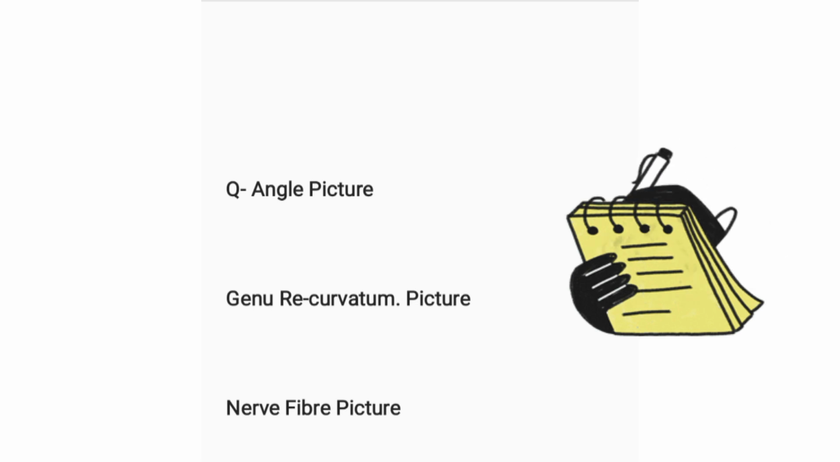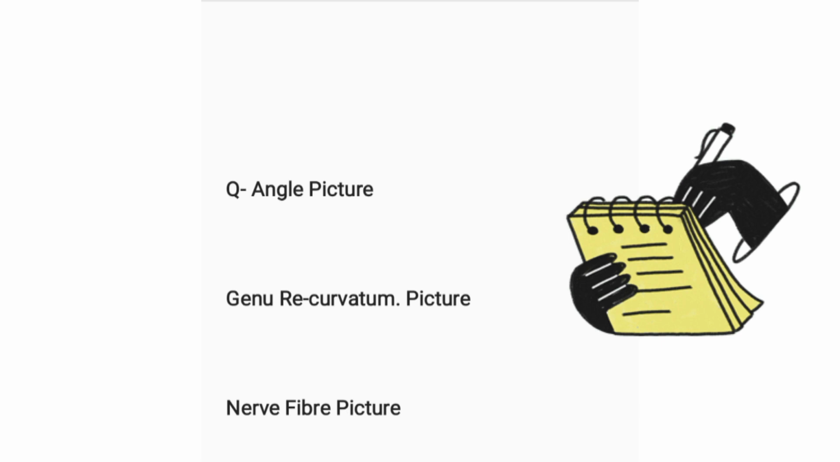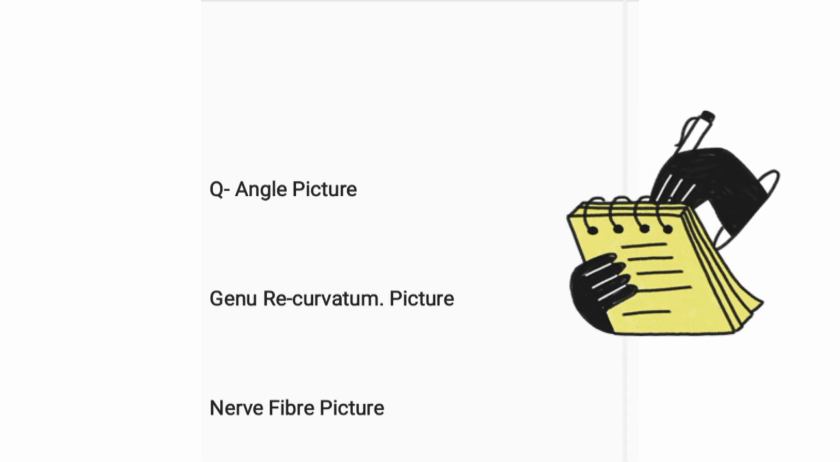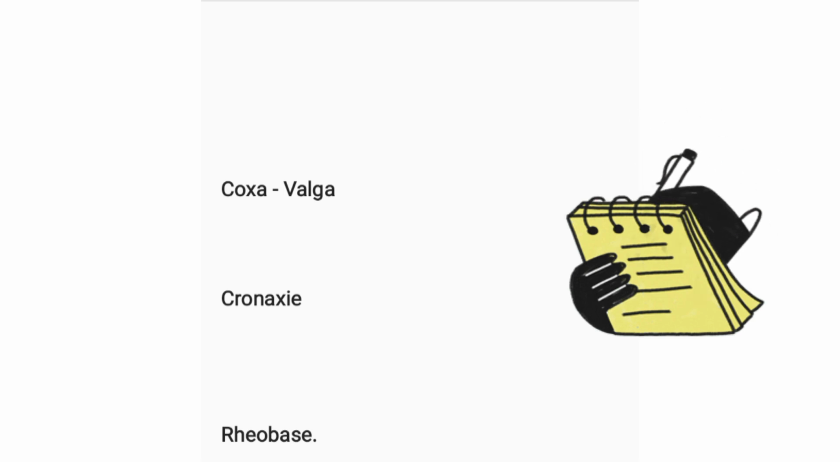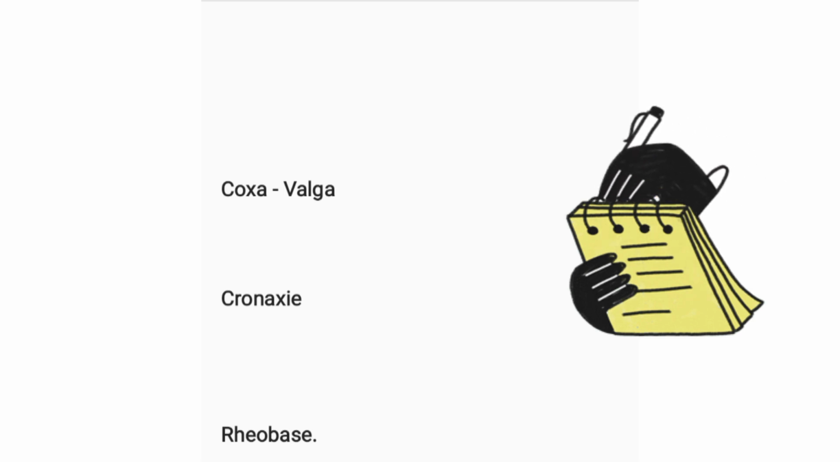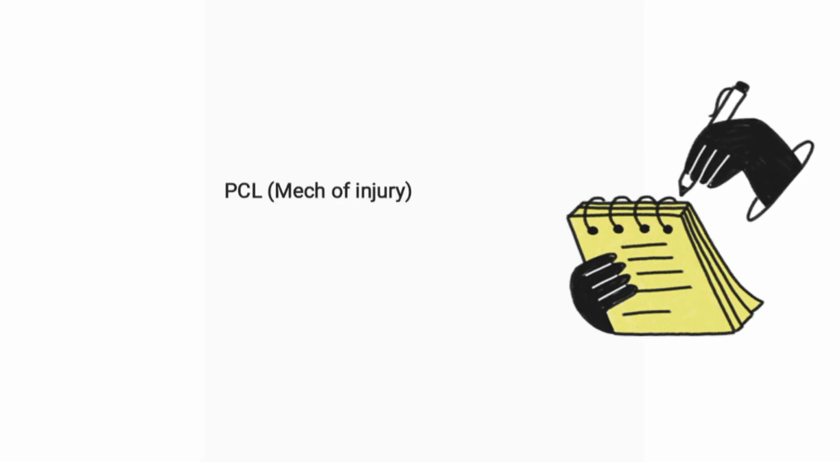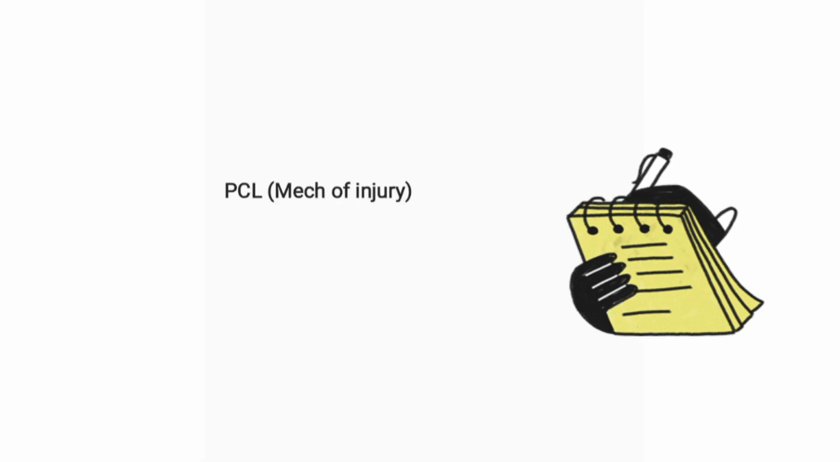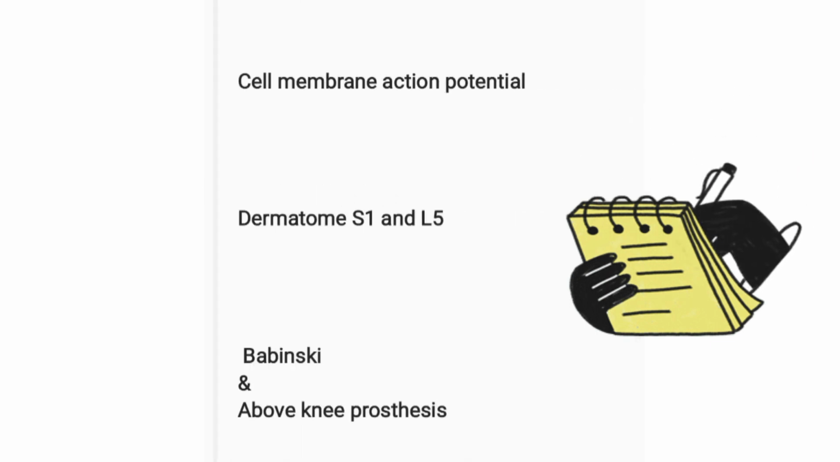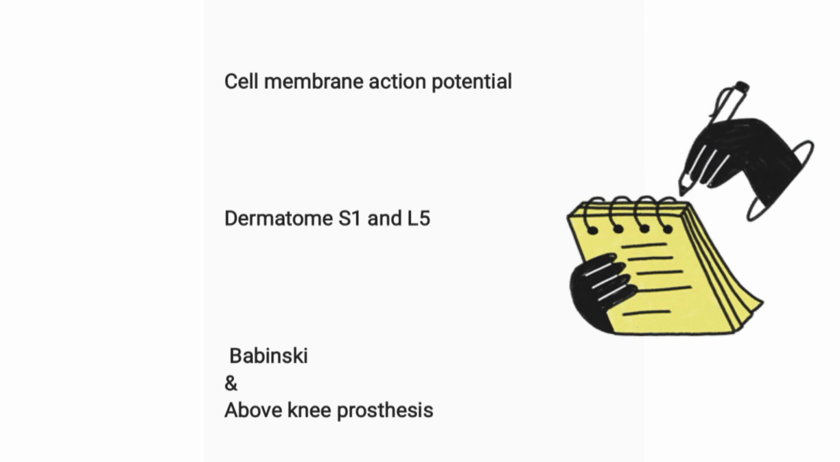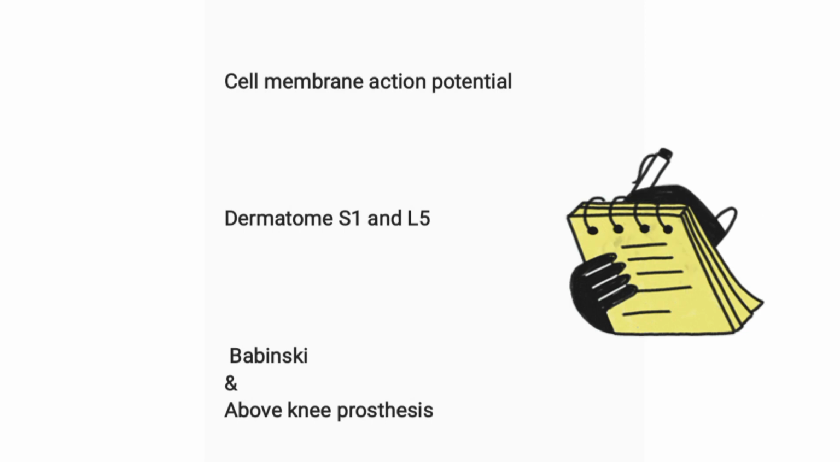picture of Q angle, picture of genu recurvatum, nerve fiber picture, coxa valga, chronaxie, rheobase, mechanism of injury of PCL, posterior cruciate ligament, cell membrane action potential, S1 and L5 dermatomes, Babinski's sign, above